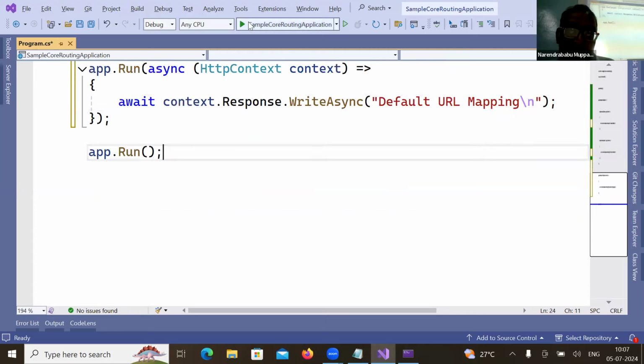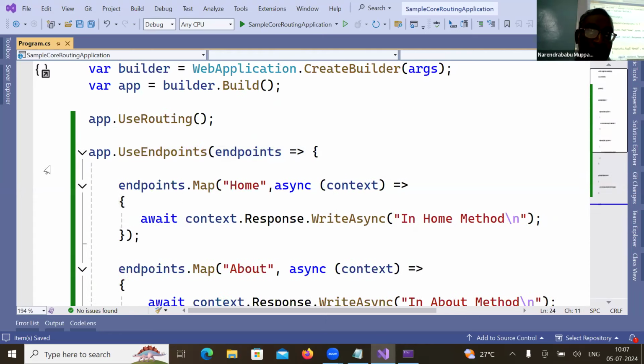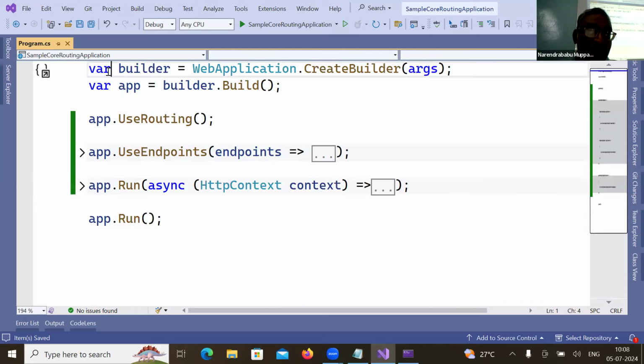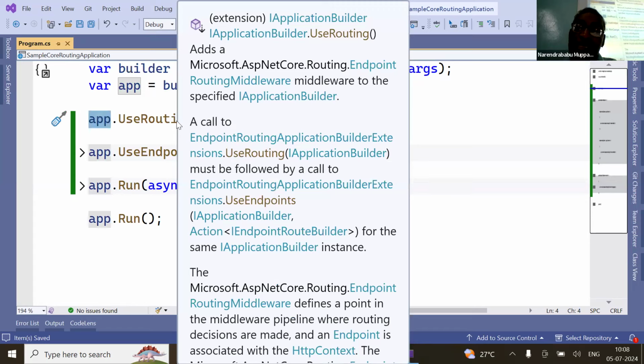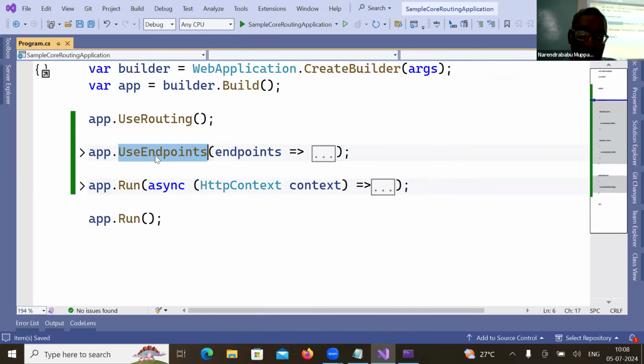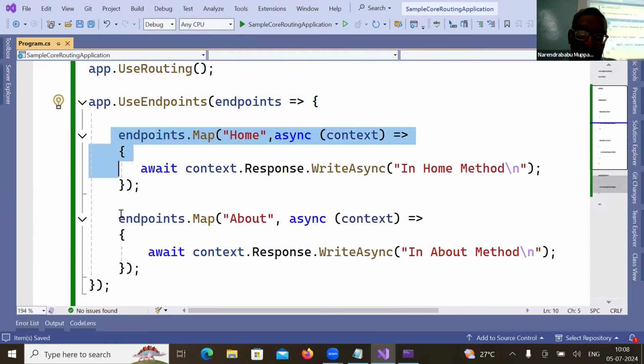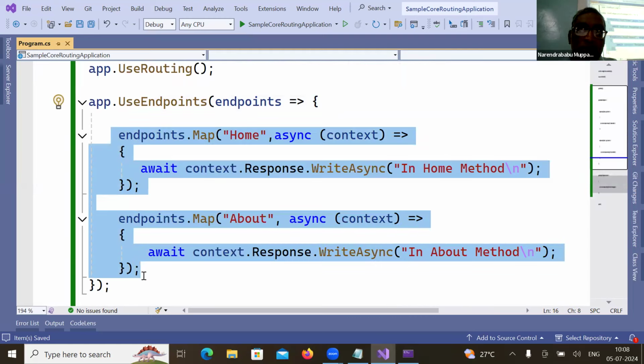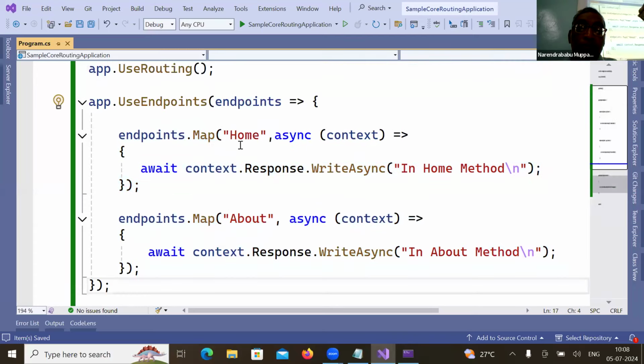Now save the project. So what happened in this program? Under the builder, first I created a builder object. Whenever a request comes, the builder will create a web application object. After that, when the builder is built, the app request will be created. After that, you are using routing to define the middleware for the endpoints. Under UseEndpoints, I configured two endpoints, home and about. After the endpoints, if I'm not passing a URL